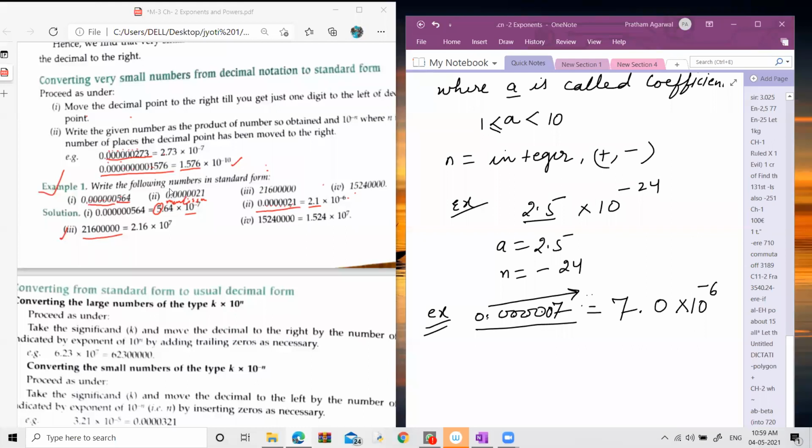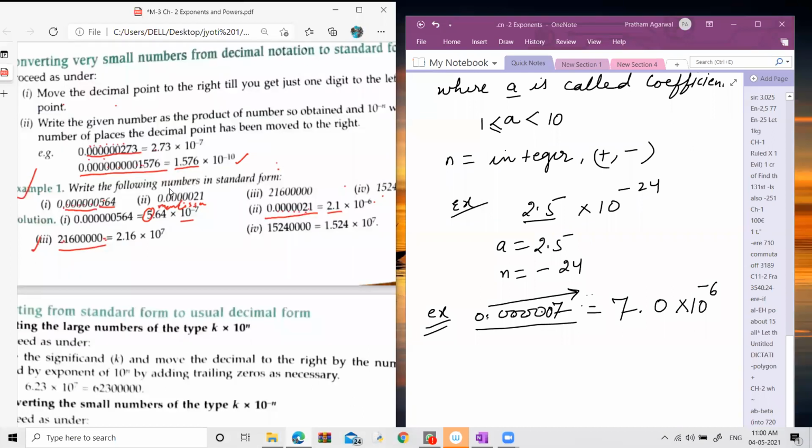Now there is no decimal. It means the decimal is after the last digit. The last digit is 0, so the decimal is here. Now what do you have to do? You always put the decimal just after one digit. You have to shift the decimal until you get that one digit. So now shift the decimal from right to left till after 1. How many steps are you moving the decimal from right to left? Just count the places: 1, 2, 3, 4, 5, 6, 7.